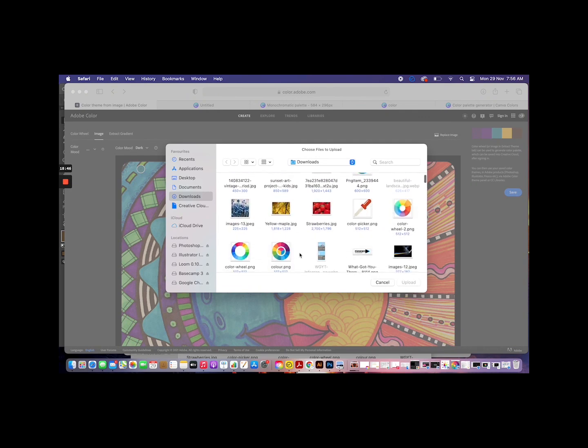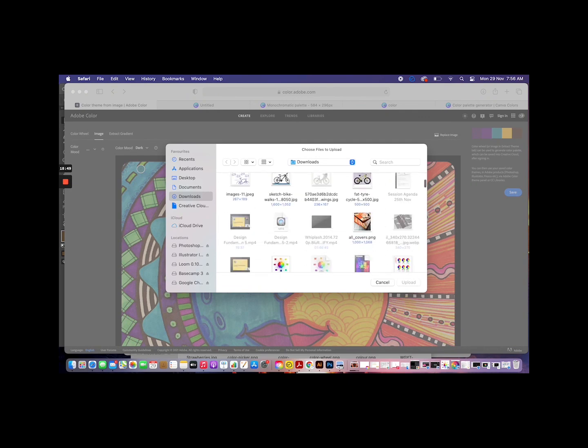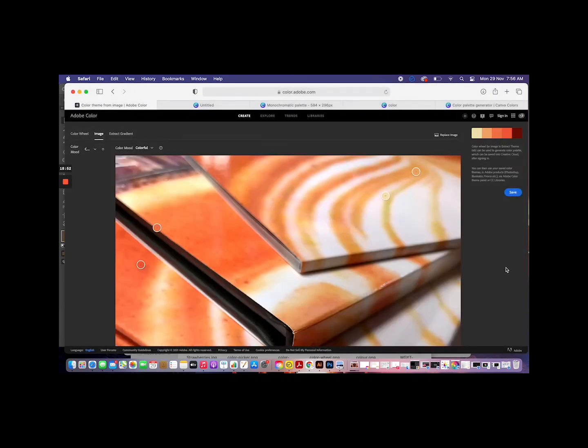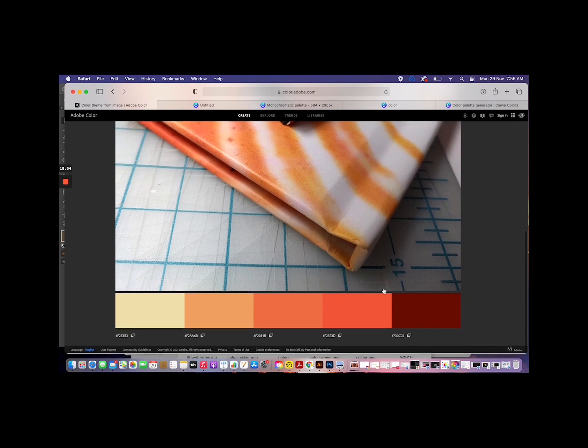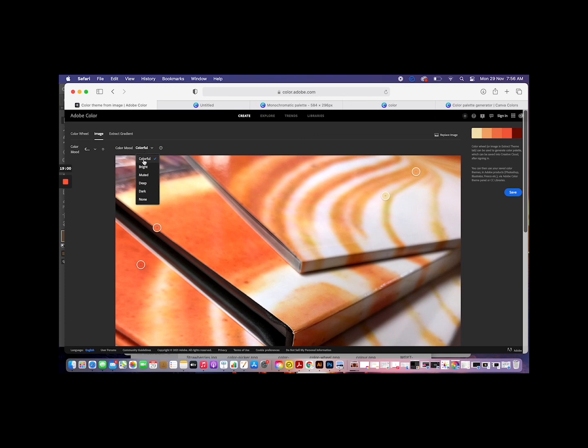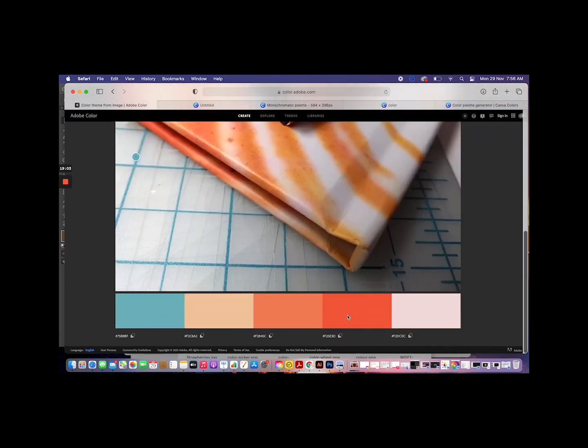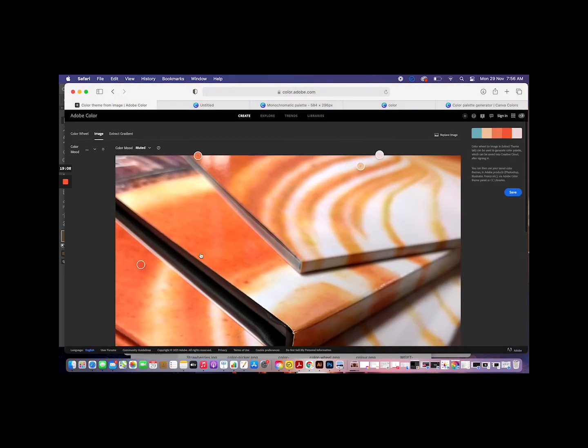Now if I were to change my image to something else, let us say I have selected this. Now this is going to give me a monochromatic color palette, because all of these are basically oranges and reds. Now if I make it muted, then it will select the softest colors in the group, and suddenly you have a blue which is a complement here. This way, if you have any particular image, you can also pick out colors from that image and create a palette for yourself. Why is this important? This is important because when you eventually start dealing with brands, or when you start creating branding, having a uniform color palette or a uniform language is very, very important.